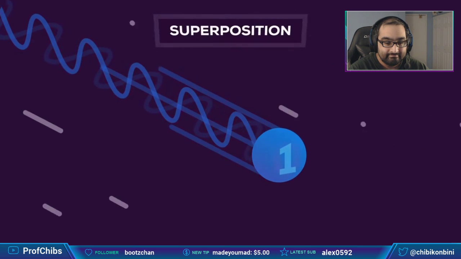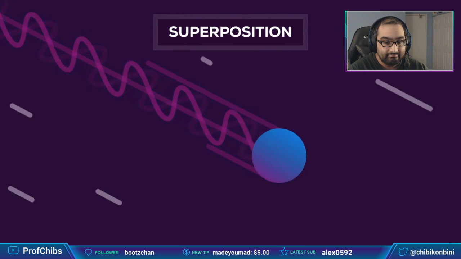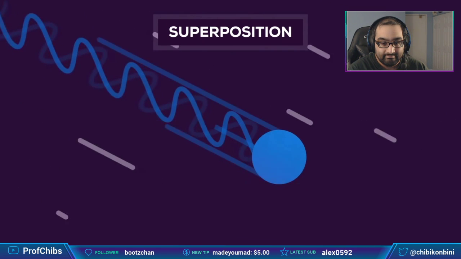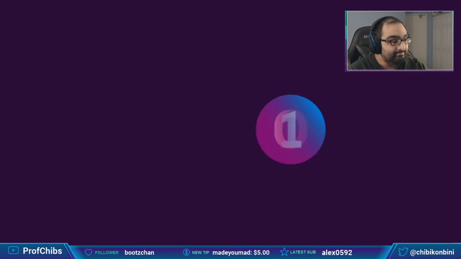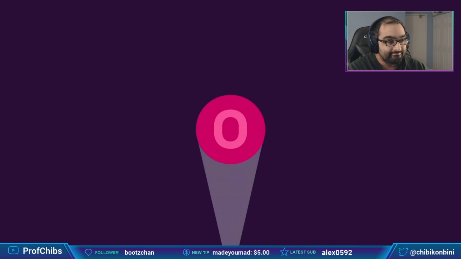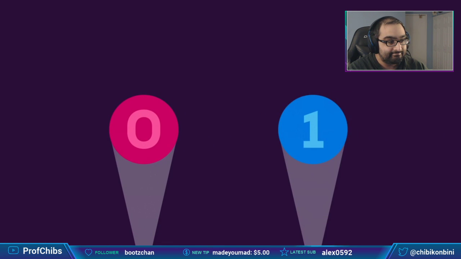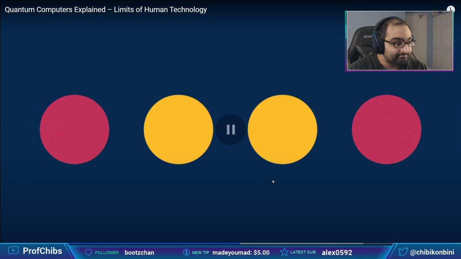This is called superposition. But as soon as you test its value, say by sending the photon through a filter, it has to decide to be either vertically or horizontally polarized. So as long as it's unobserved, the qubit is in a superposition of probabilities for 0 and 1, and you can't predict which it will be. But the instant you measure it, it collapses into one of the definite states. Superposition is a game changer. Four classical bits can be in one of two...